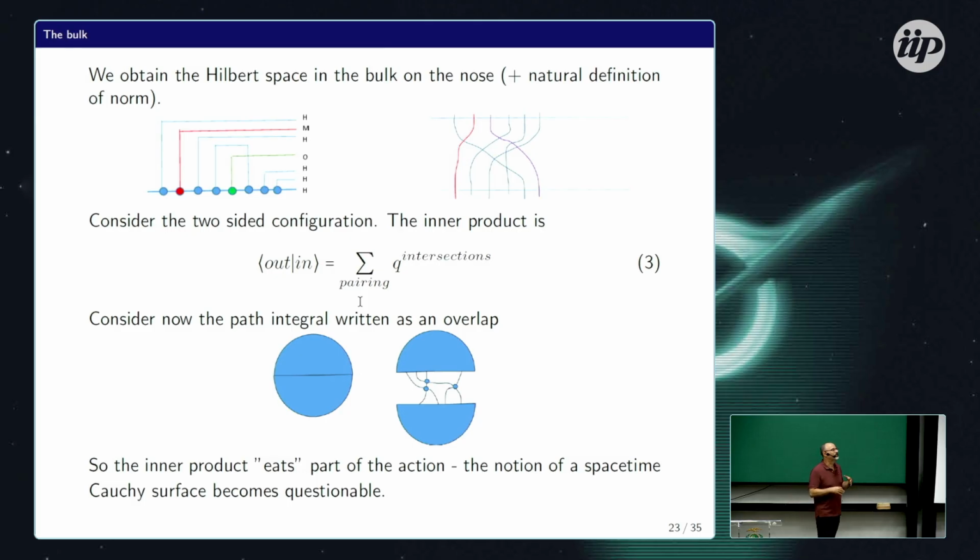if one chooses to worry about this, that the notion of Cauchy slices becomes a bit fuzzy in this model. Cauchy slices means basically, let's take by space, do some state preparation here, Euclidean, Minkowski, whatever you want, do some preparation here and glue them, okay? Now, when we do this in double scale, we prepare a state here, we prepare a state here, but the inner product has intersections in it, okay? And the intersections, if you remember, I wanted to think about them